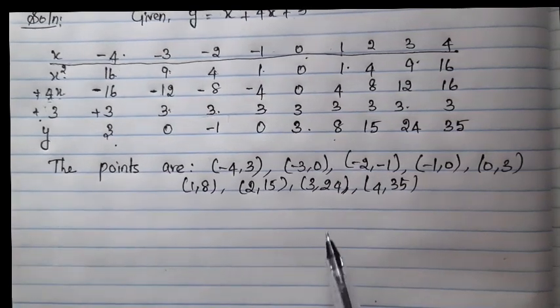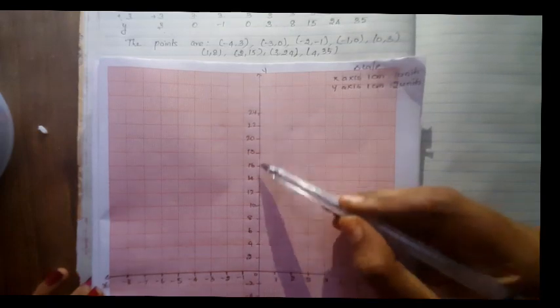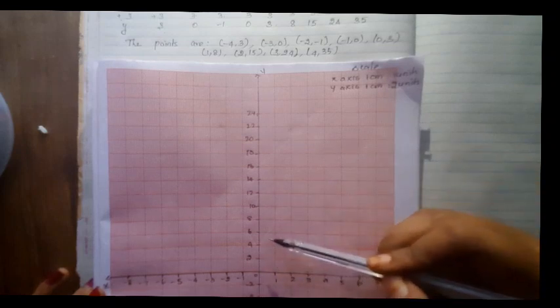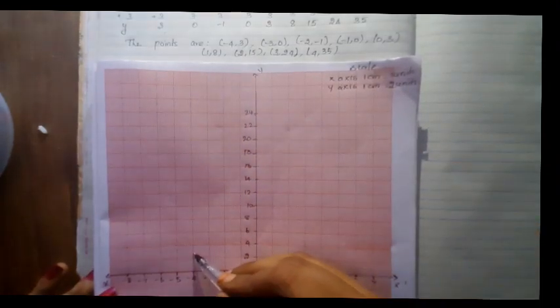So next our aim is to plot it on this graph. See this, I written the scale. Also I drawn this axis. X axis 1 centimeter, I taken this 1 unit. But y axis I taken the 2 units. As your convenient you can take. If you can draw with 1 units, this you can use it. I taken with 2 units. Okay. Next we can plot it. First point is minus 4 comma 3. So minus 4 is here. Then 3 will be here.